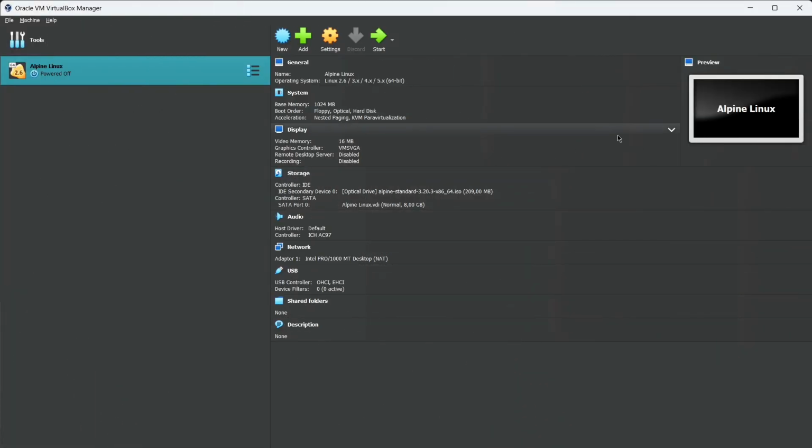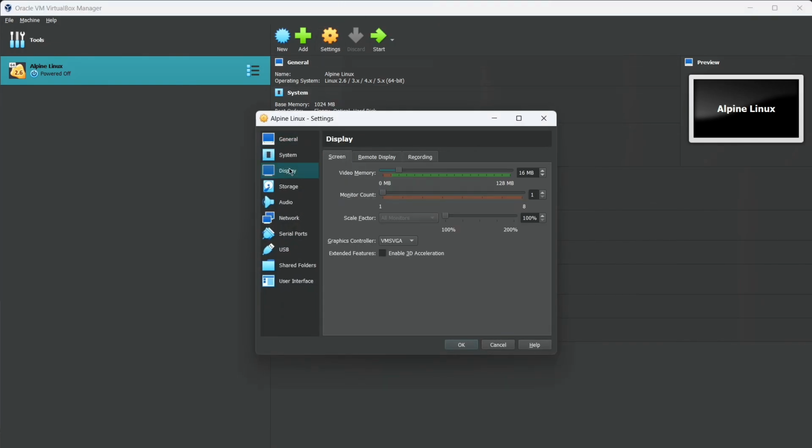So here we are in VirtualBox. We are going to do a little configuration to make it clearer than the previous explanation from Fitri. Okay, open the settings of your virtual machine. Then we are going to look at the display. The display means displaying the content of the virtual machine. If you set it to high, it will be smoother.